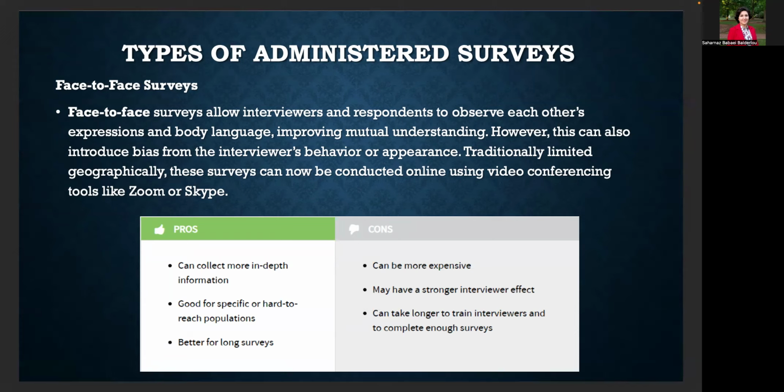So this often increases understanding, but can introduce some bias. As an interviewer, when you are seeing their faces, this may introduce bias. These can now also be done virtually through platforms like Zoom, Teams, and